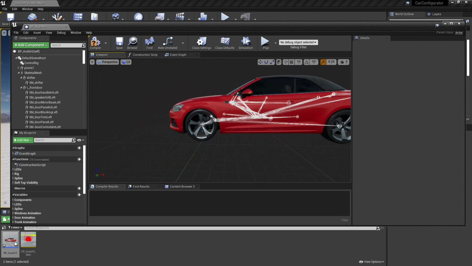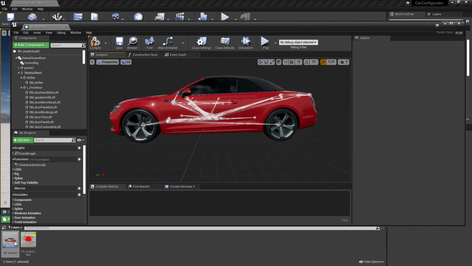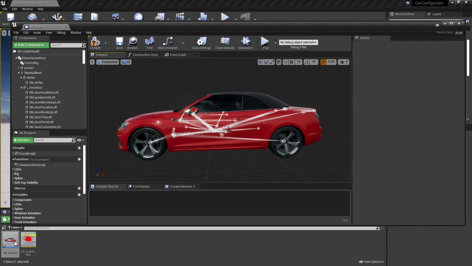So what we want to do is hide or get rid of the static meshes for the Audi because we want to get this ID4 hooked up. I could just take these static meshes and delete them. The problem with that is there's some dependencies inside of here, and if I start deleting that stuff, I'm just going to have to go through and troubleshoot and find all the things that got broken in the blueprint code. So instead of deleting them, I'm going to hide them.